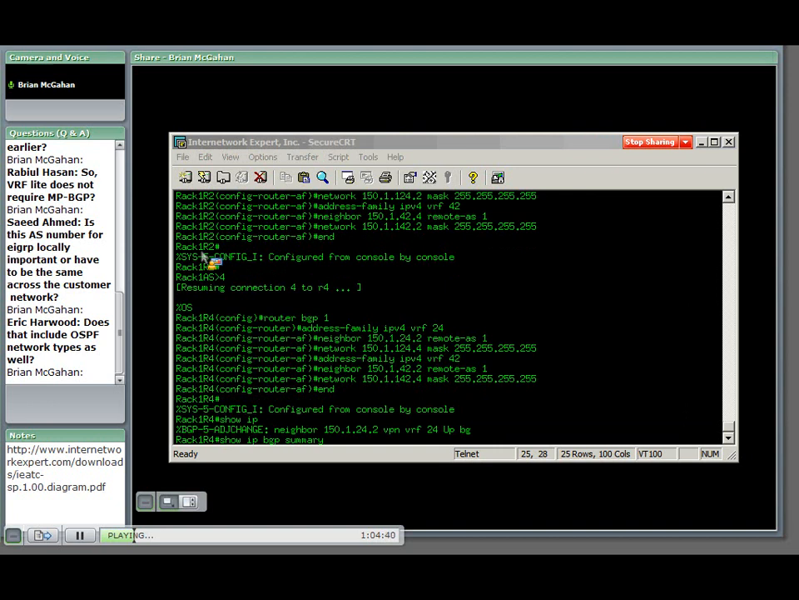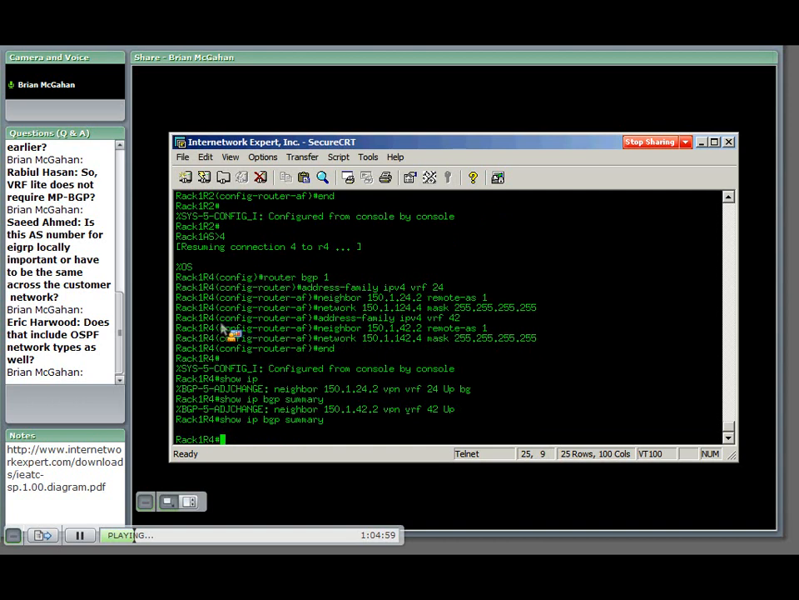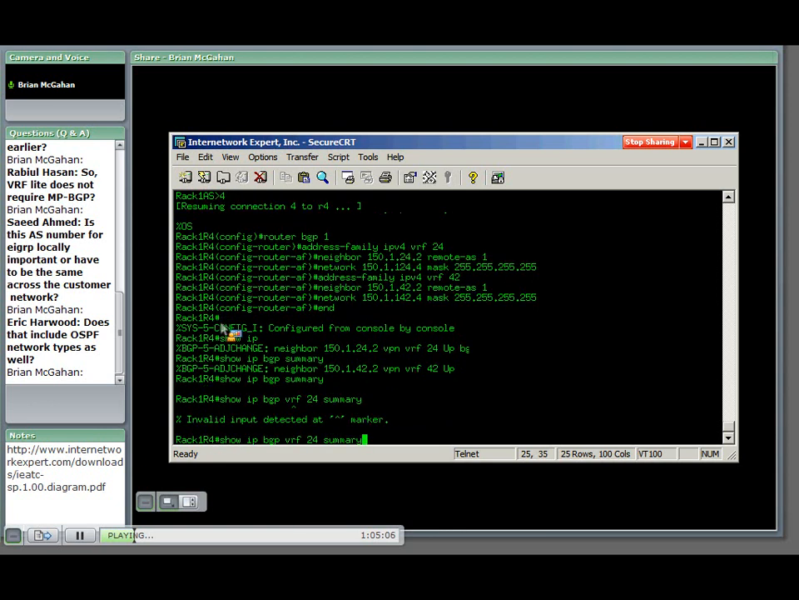Okay, so we can see our first instance for VRF24, we establish adjacency there. And inside VRF42, we have a separate adjacency. Okay, so if we say show IP BGP summary, we see we do not have any adjacencies globally under BGP. But if we say for this specific VRF,